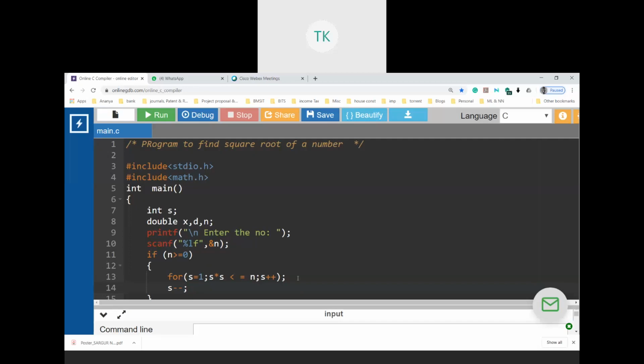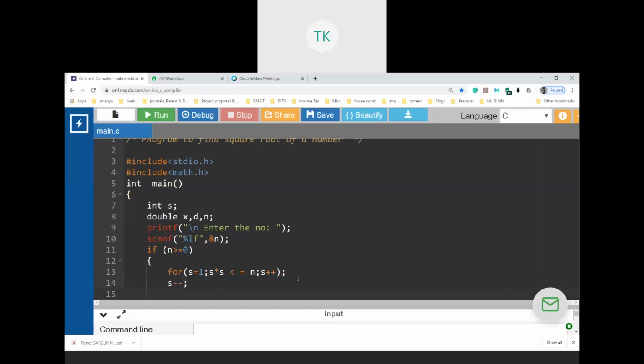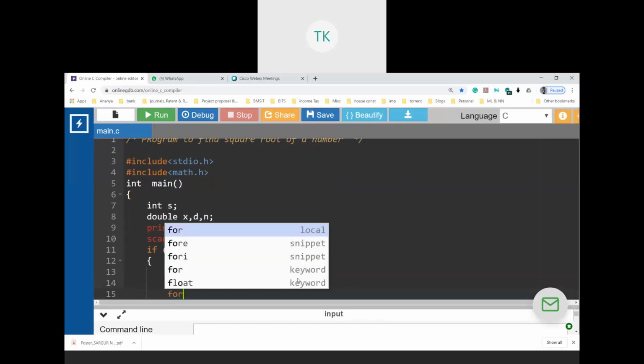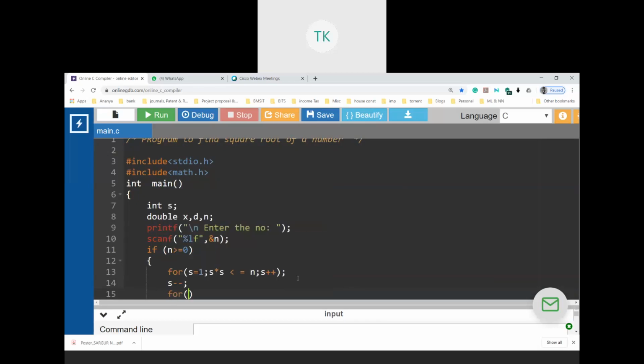So now we have found out the decimal part of the square root of a number. Now our next quest is to find out the fractional part. Okay, 385, whatever value that you said, we will try to find it out now. Now how do we do that? To do that, I use another for loop.